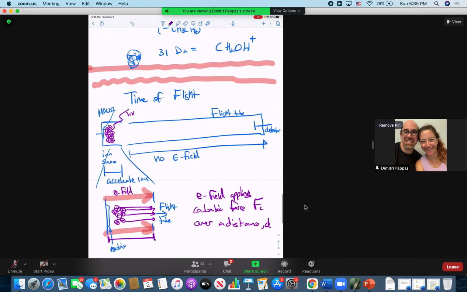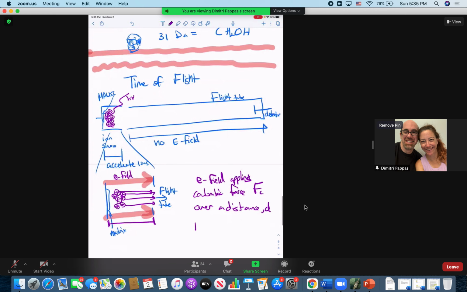And if you remember your physics, force times distance equals work equals energy. In this case, though, it's kinetic energy. So what you've done by turning on that voltage is you've taken all of the potential energy of that ion and converted it. They all get accelerated from the source into this region. Once they're here and there's no more field,